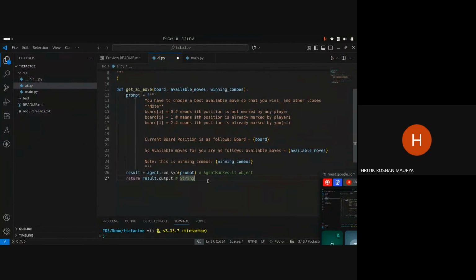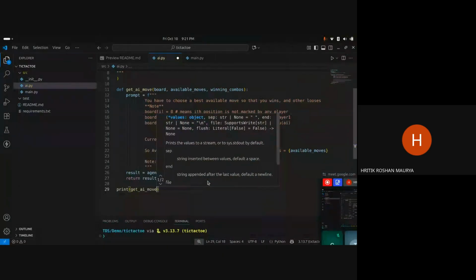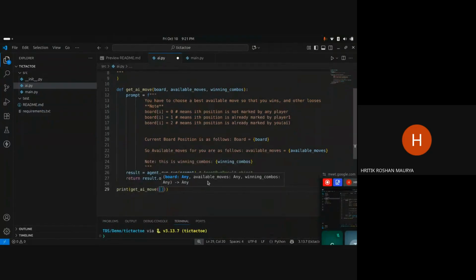What will we do now? We will print this AI move. We will provide some board, our board. The current board position is